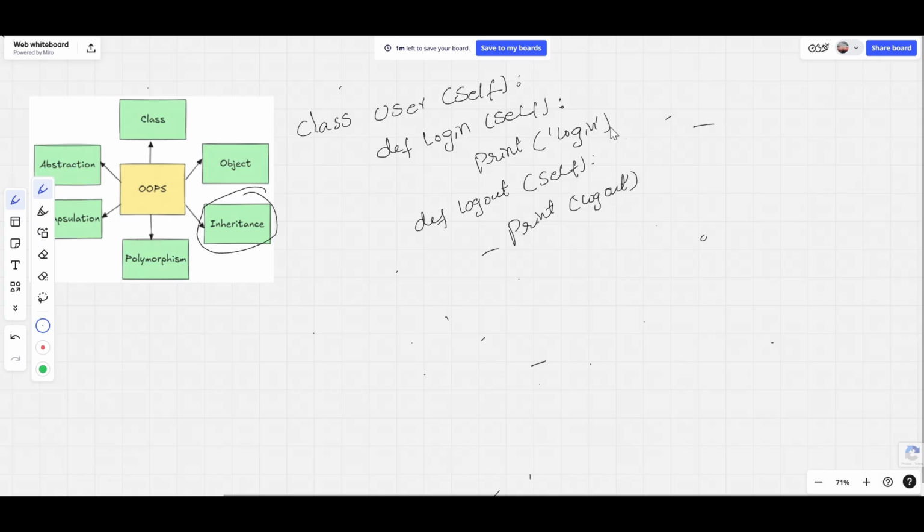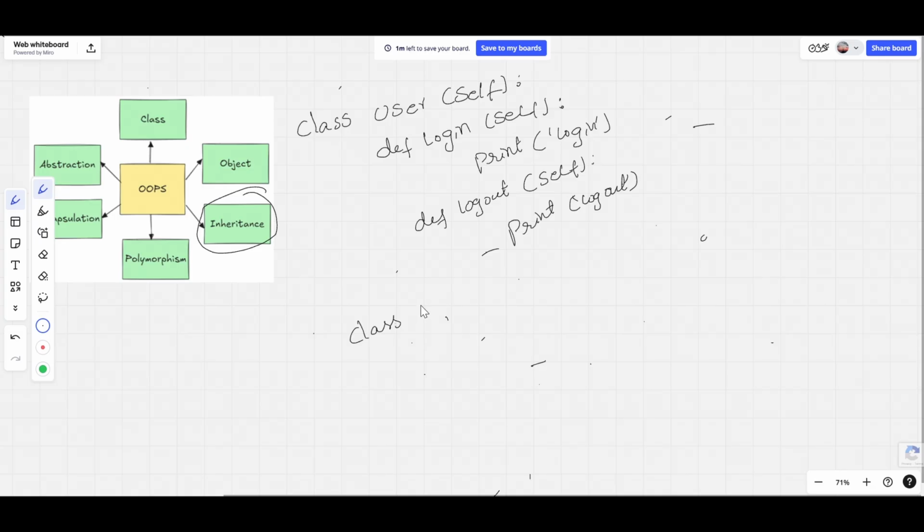For a website, teachers have some accessibility to see the data and students have some other accessibility. Let me create another class, which is a child class, for Student. Here the student can attempt exams from the website, and also view the courses present on the website. So we can write two different functions for those two actions.